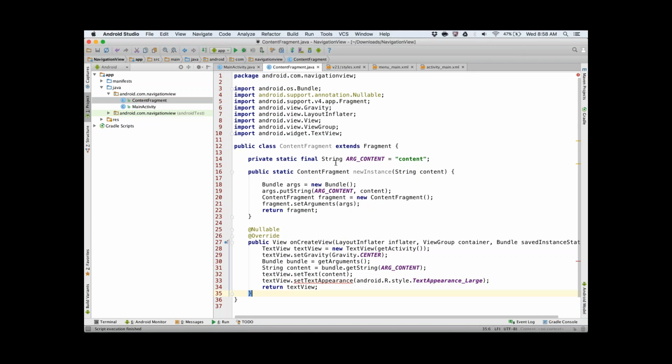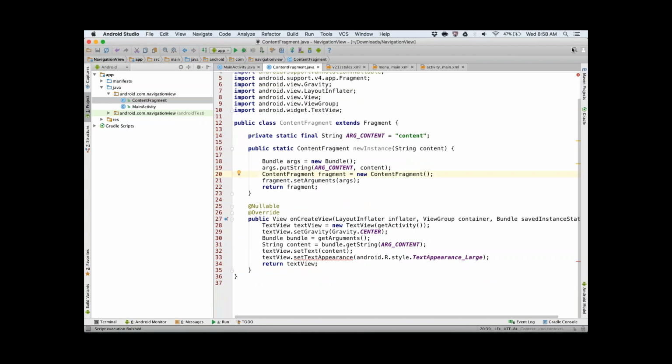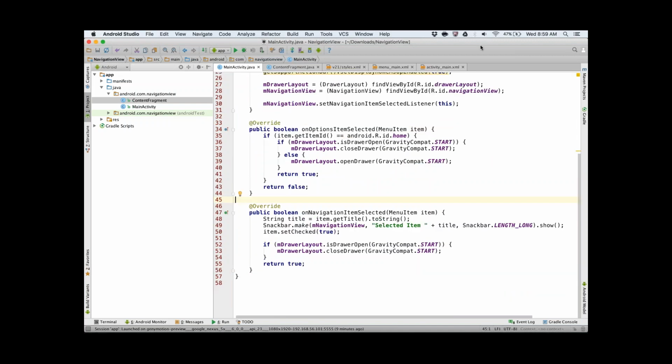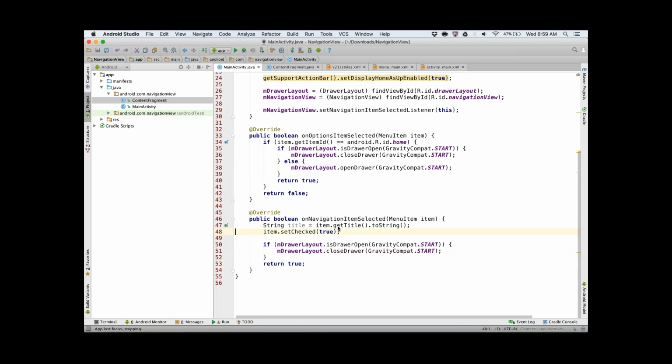Okay, so now you have created the content fragment in which you are passing the contents, and whatever contents you are passing, those will get displayed in that particular fragment. Now in the main activity, whenever you select any particular item, I'm showing the snack bar, but now instead of the snack bar, what I'm going to do is I'm going to say